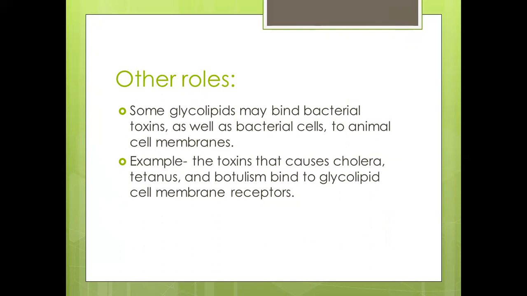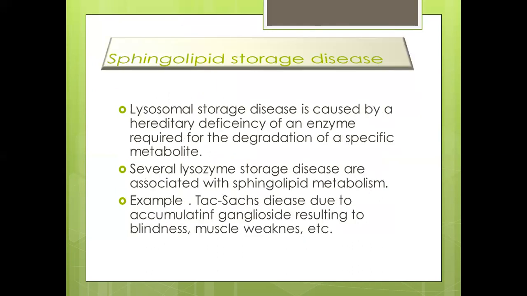Other roles: some glycolipids may bind bacterial toxins as well as bacterial cells to animal membranes, and because of that binding we can have an immunological response. For example, the toxins that cause cholera, tetanus, and diphtheria bind to glycolipid cell membrane receptors, and when they bind, the defense mechanism of the body may recognize them and cause our body to have an inflammation effect. Lysosomal storage disease is caused by the hereditary deficiency of an enzyme required